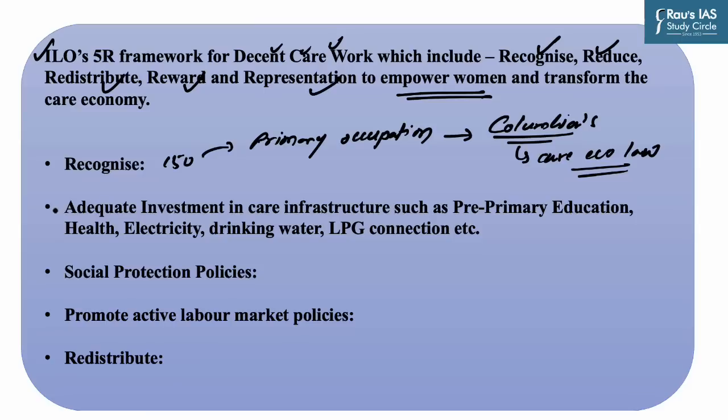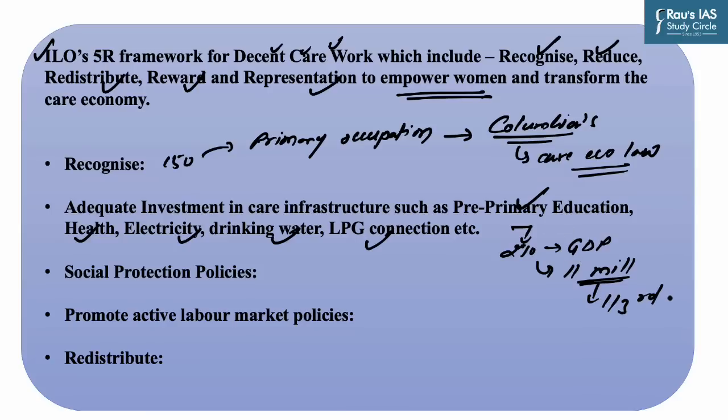Another strategy that ILO suggests is adequate investment in care infrastructure such as pre-primary education, health, electricity, drinking water, LPG connection, etc. Now, to sense the impact of such action, we can take an example that an additional 2% investment would create around 11 million additional jobs in India. A 2007 analysis by the Women's Budget Group found that if an additional 2% of GDP were invested in the Indian health and care sector, the country would generate 11 million additional jobs, and nearly one-third of it would go to women. Now, central and state governments must actively invest in building care infrastructure and the provision of care services to reduce the burden of unpaid care work on women,